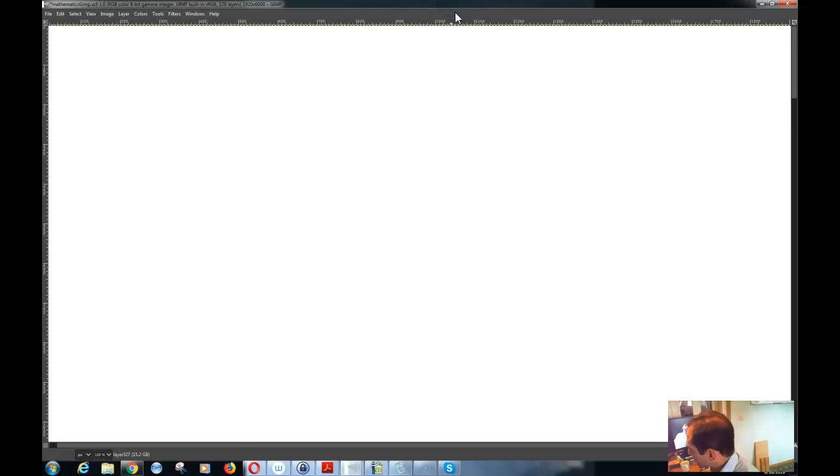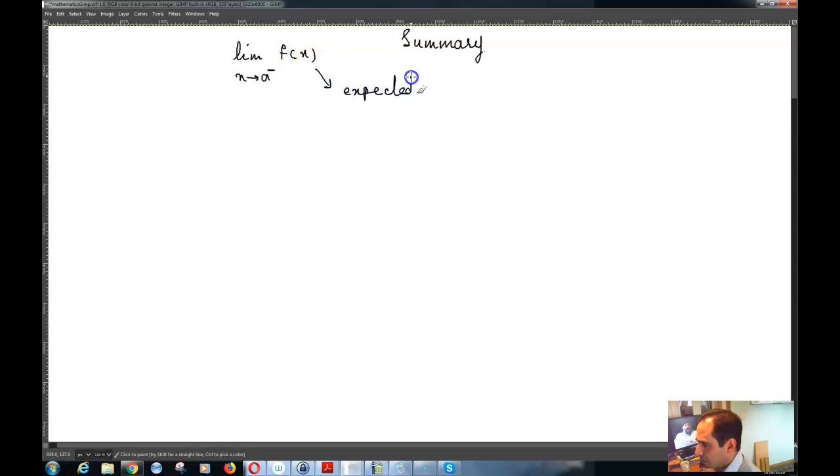We say that the limit of f of x as x tends to a from the left is the expected value of f at x is equal to a,